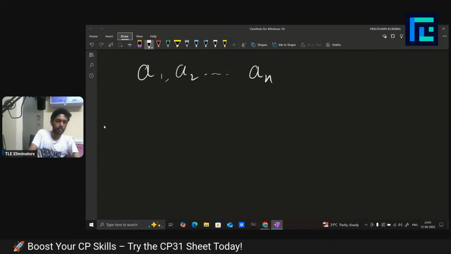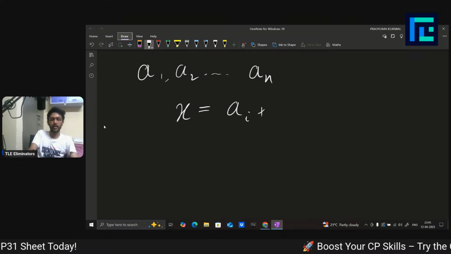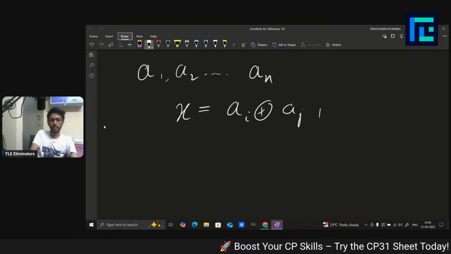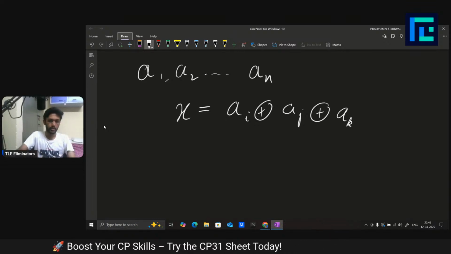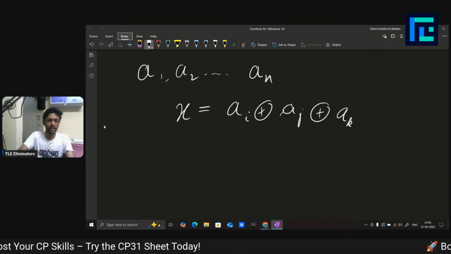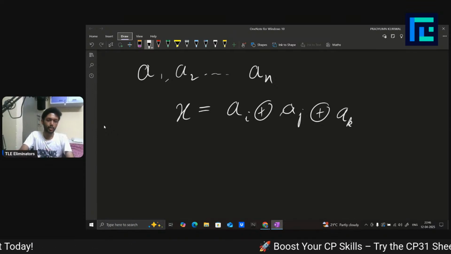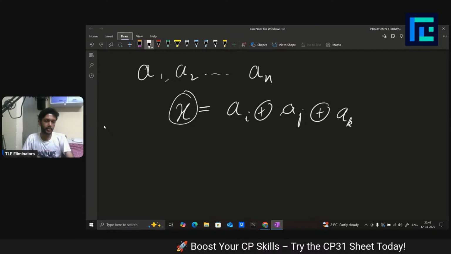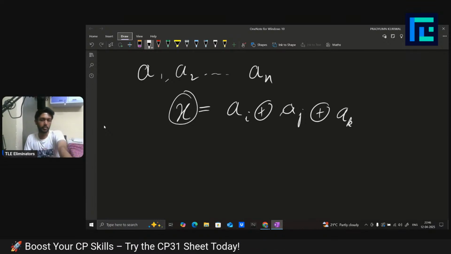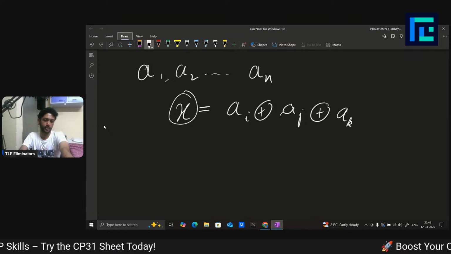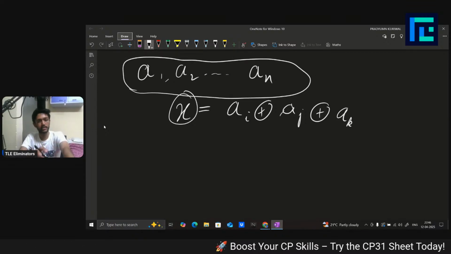And we have to count how many x we can make such that x is equal to ai xor aj xor ak, where i can be equal to j and j can be equal to k, like they can be equal as well. So we have to count the number of x which are the xor of these three numbers, right? But here we are not guaranteed that it is a permutation, that all the numbers from 1 to n occur in this set. We are not guaranteed that. Okay,